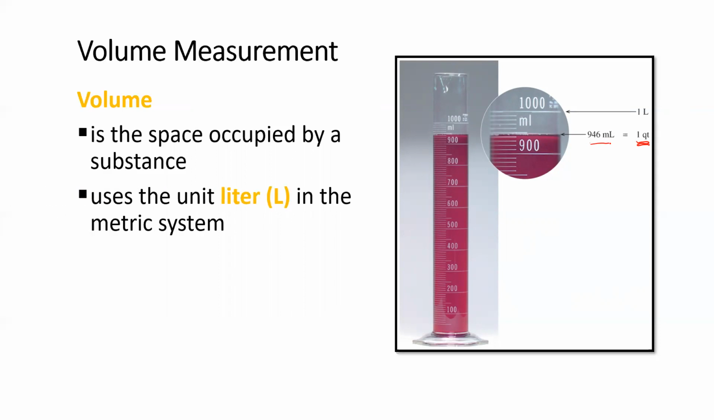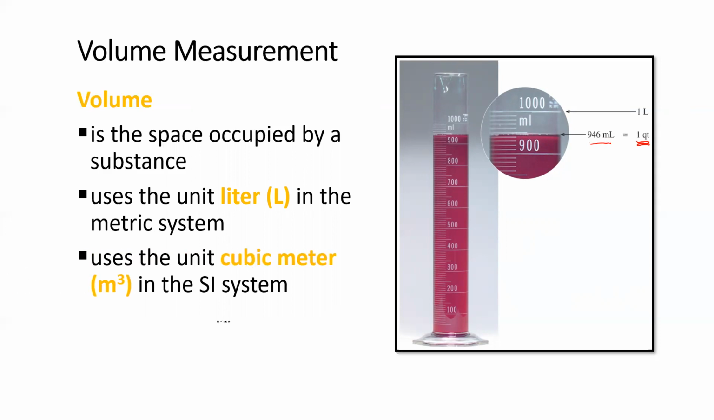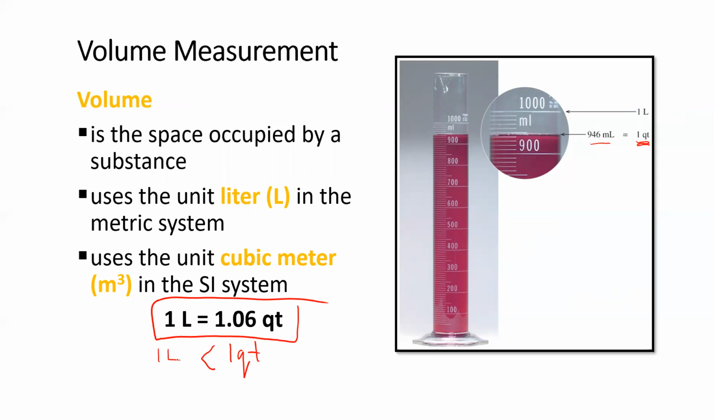So the base unit is liters in the metric system. We're going to use 1 liter as 1.06 quarts, and that makes it a little easier, right? So 1 liter is 1.06 quarts. And that makes sense because if we only had 1 quart, it's going to be less than 1 liter. And if it's less than 1 liter, what do we mean? 946 milliliters, which we could say is 1 quart